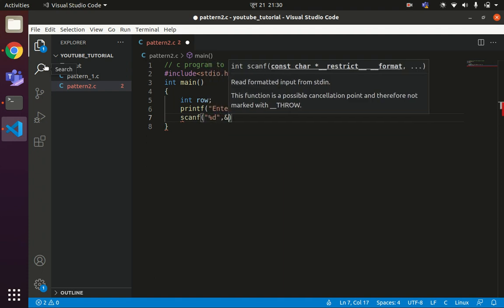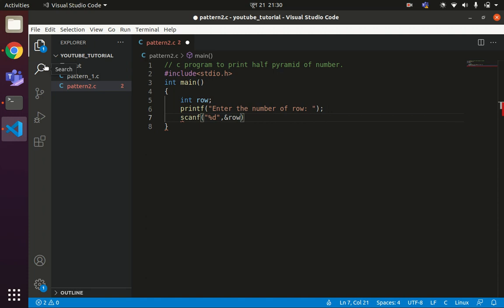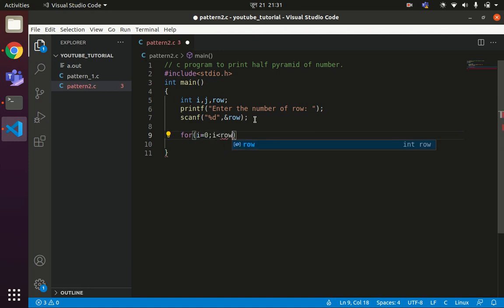Obviously we need two variables, one to control the outer loop and another to control the inner loop. So for i equals 0, i less than row, i plus plus. So your outer loop will run how many times?